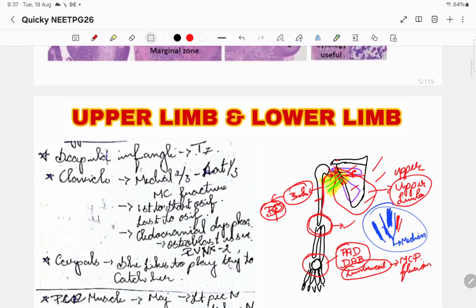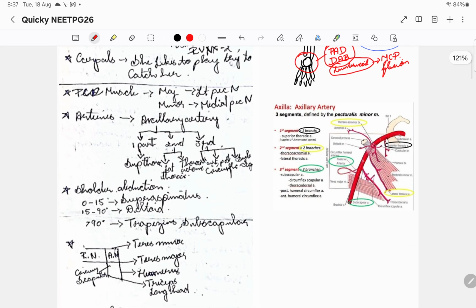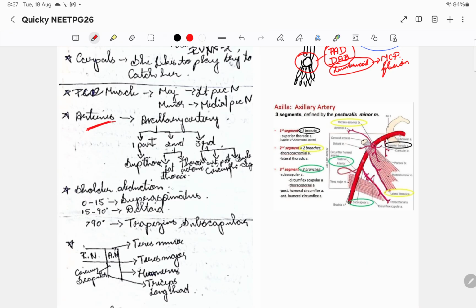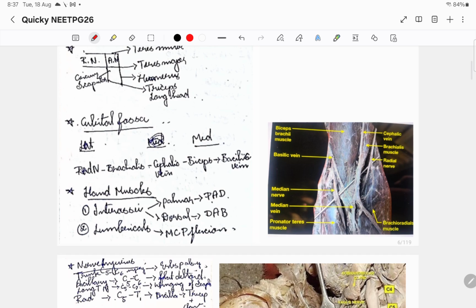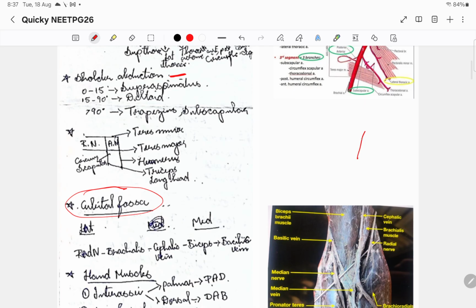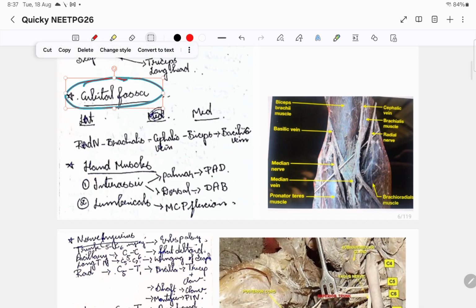So this is all and everything you need to know about upper limb. I've covered everything that you need to know with regards to upper limb. The sticky note points are the axillary artery branches, and if you want, you can also write the shoulder abduction part, because if you tend to forget this, you can write this also. Other than that, write the cubital fossa orientation, as I told you, the lateral most part, the medial most part, and in between, what structures are present, so that you won't be confused when asked in the exam with regards to the orientation